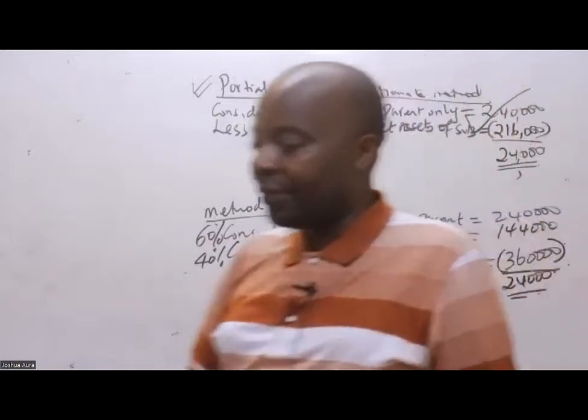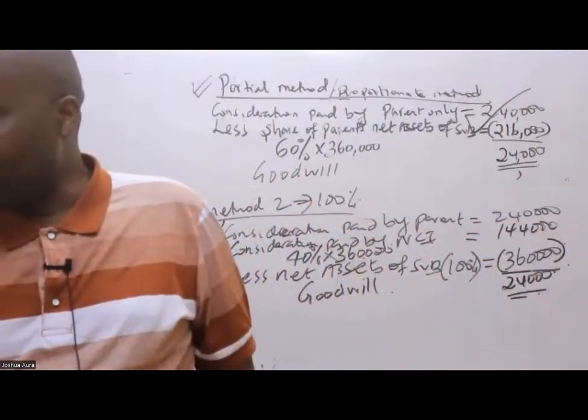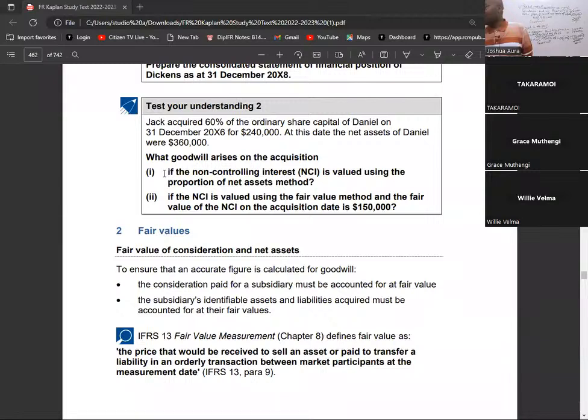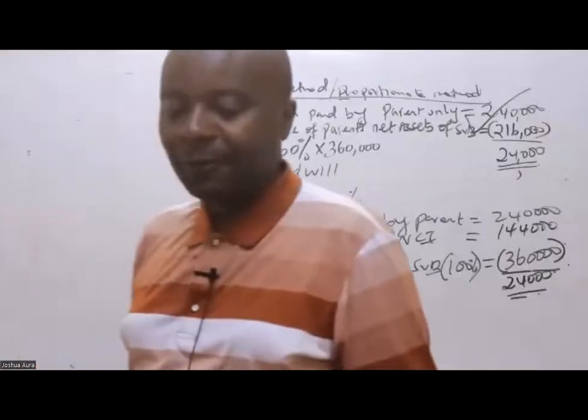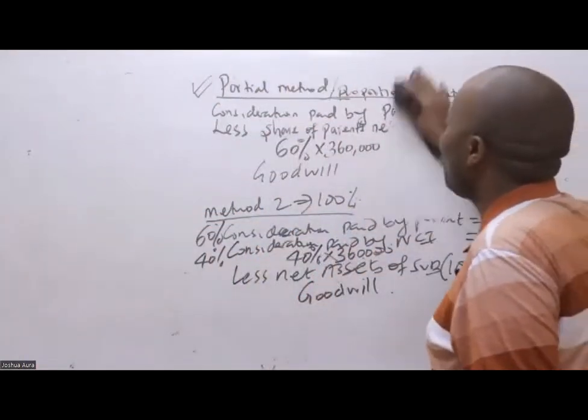So even if, ladies and gentlemen, let me read this question for you, because this can easily confuse some of you. You see here they are telling you, if the non-controlling interest is valued using the proportion of net assets method, don't be cheated and use method two. If it's proportion of net assets, this is a proportional method, it is a partial method, I shall always use method number one. Now, ladies and gentlemen, listen to me very well. Now things are becoming sweeter. If you look at your exams, what these people will do,